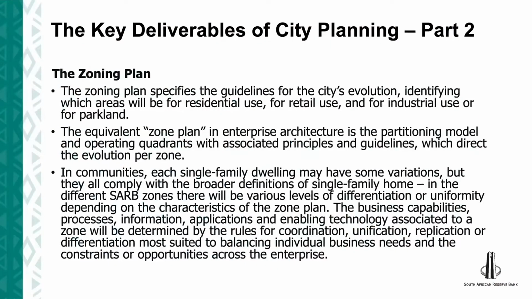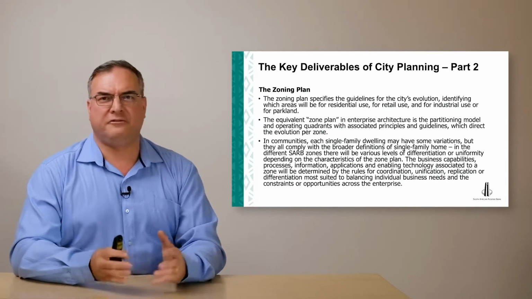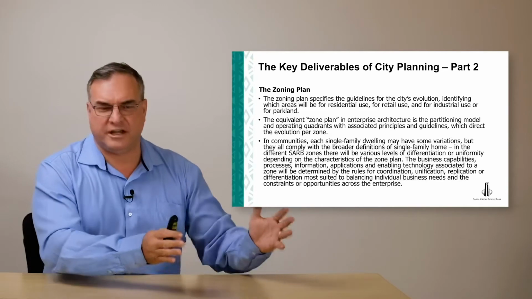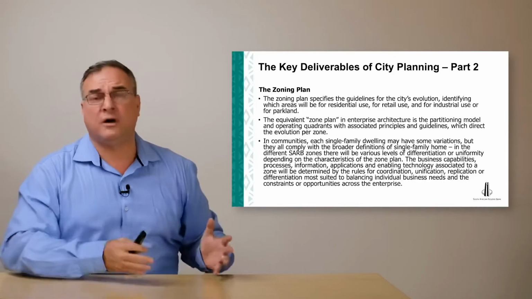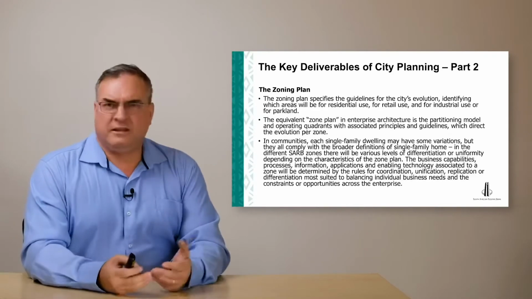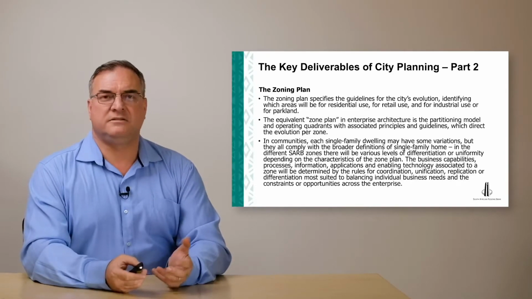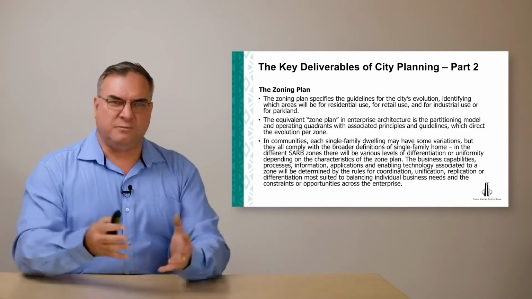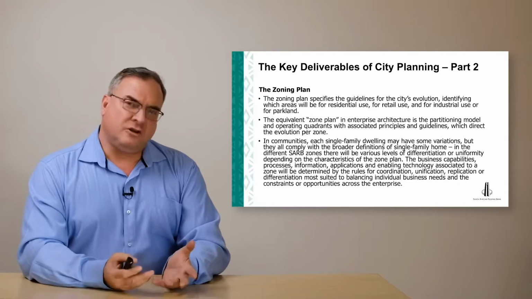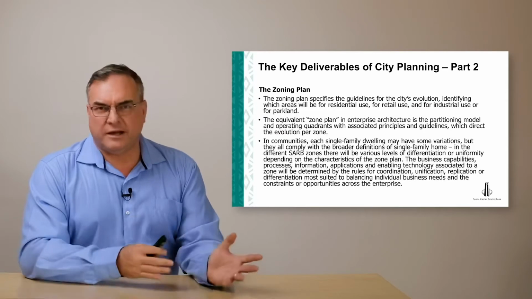The next major element is what we refer to as the zoning plan or the zoning model, and it really defines the guidelines for the city's evolution. It identifies certain areas for potentially, let's say, residential use, retail use, or industrial use, or parkland or green areas. And similarly, the equivalent zone plan in enterprise architecture is a typical partitioning model used to cut down the big city into bite-sized chunks, and a new concept we've introduced around operating quadrants associated with principles and guidelines that direct